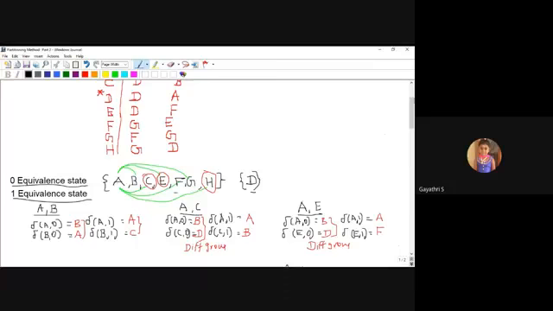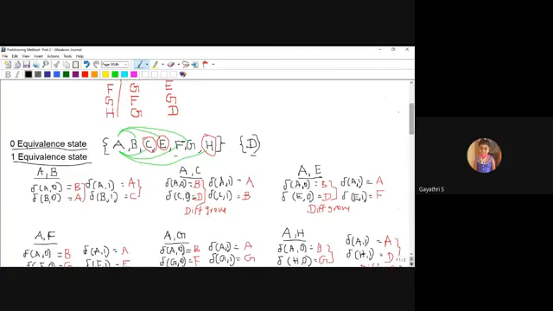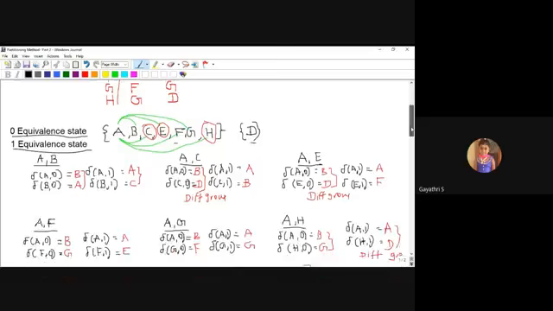Then one equivalent states calculation is based on pair comparison. If I choose the AB pair, I will check whether the results belong to the same group or a different group. If it is a different group, that particular state is eliminated from the existing group. So this is the way of calculating one equivalence.